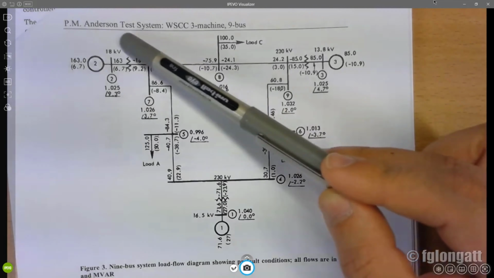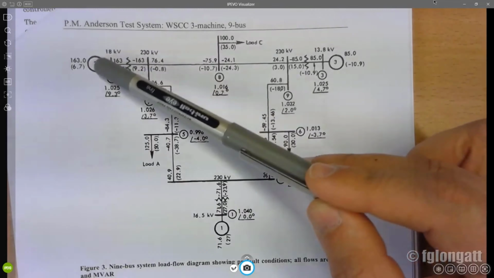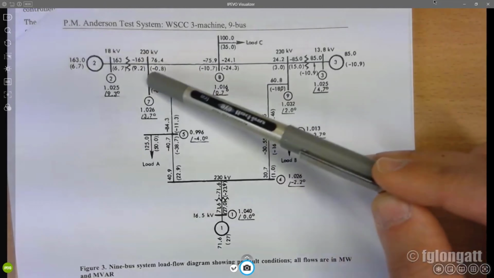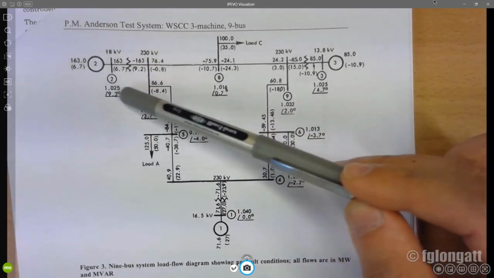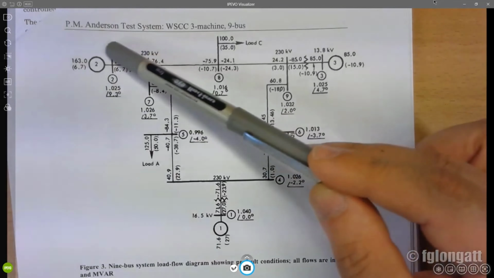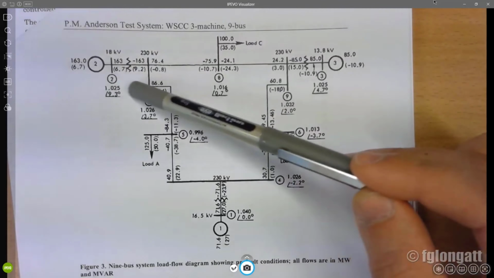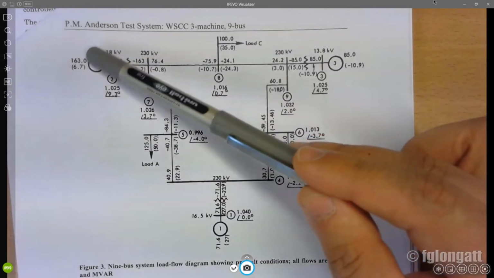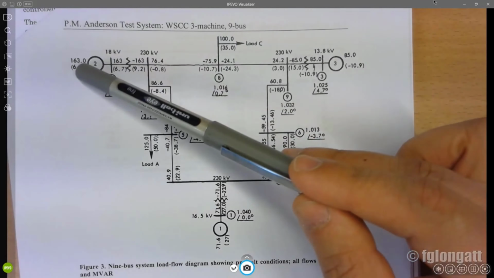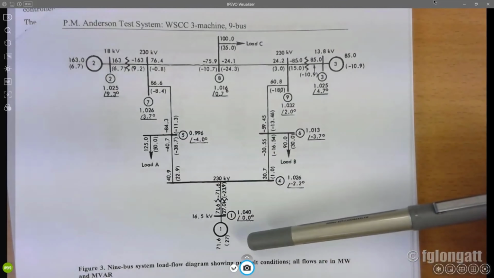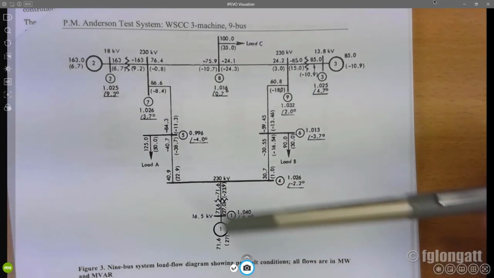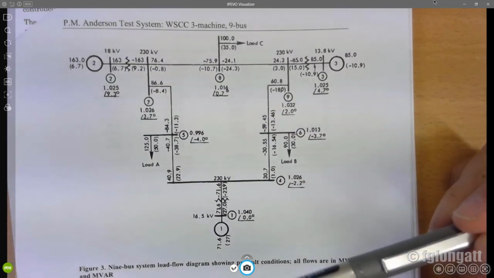If you install this transformer 2 using 100 MVA, to be honest, that is unrealistic, because this transformer will be destroyed because the power that is produced by this generator is 163. To avoid that situation,